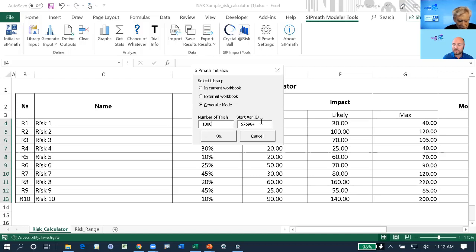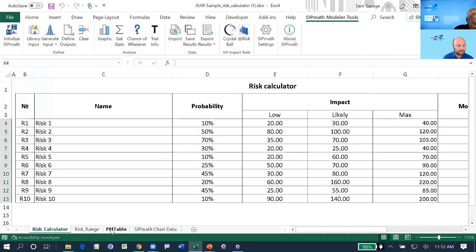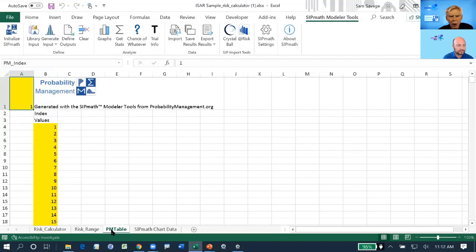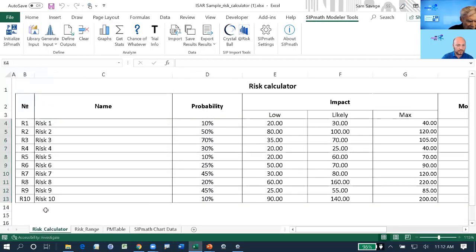This start variable ID is the thing that starts off the HDR generator from Doug Hubbard with a specific starting seed. We're not going to use this. We're going to specify a seed for every risk to make sure this is really auditable. When I click the OK button, it now creates a PM table sheet. This is where the data table simulation is going to take place. Go back to the risk calculator, and the first thing that I need to do is add, because I want this to be auditable,